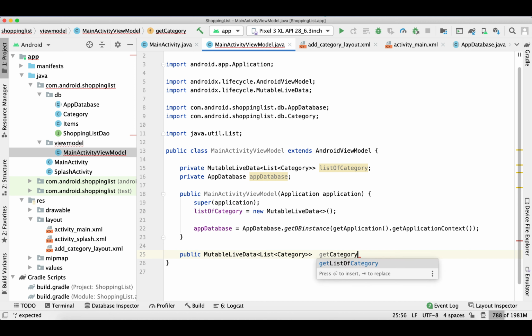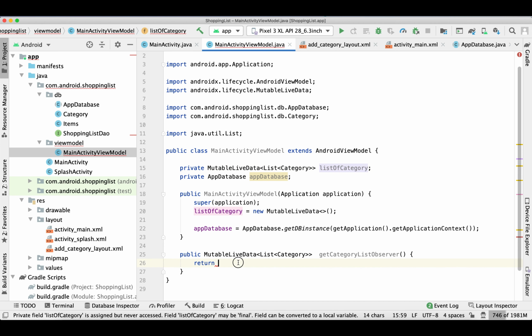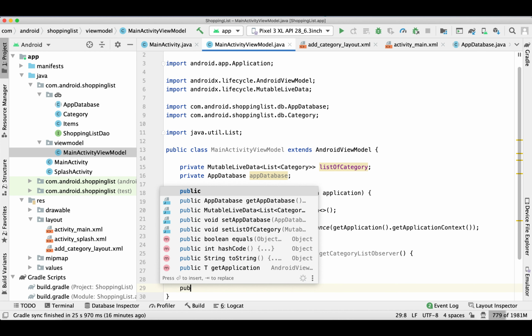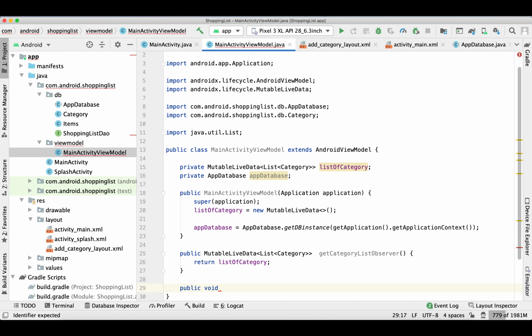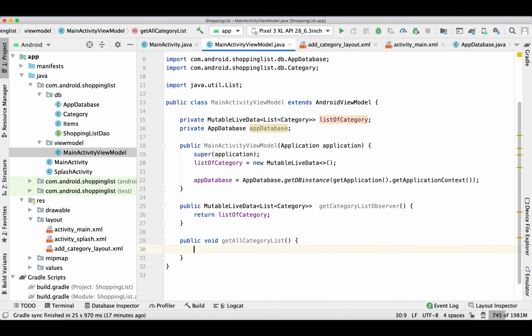It simply returns this live data. And now this function is going to retrieve the category list from the database. I'm naming it call all category list, and inside this we'll simply call our DAO. So database dot